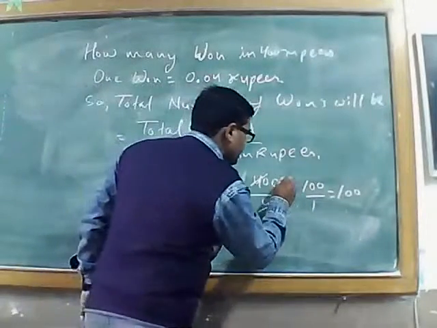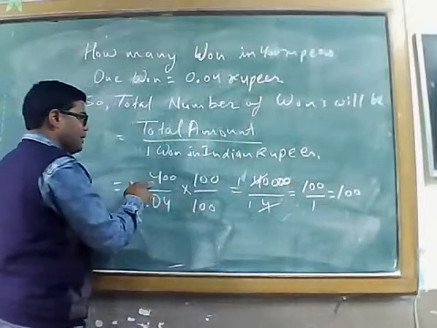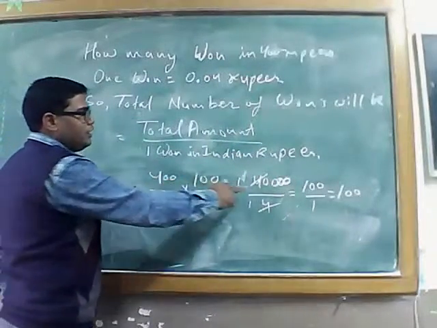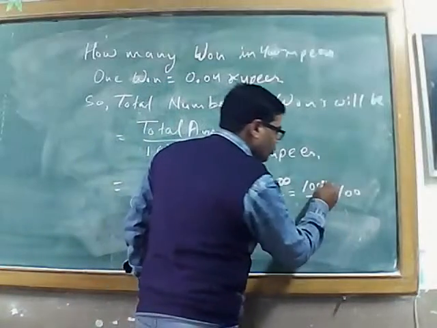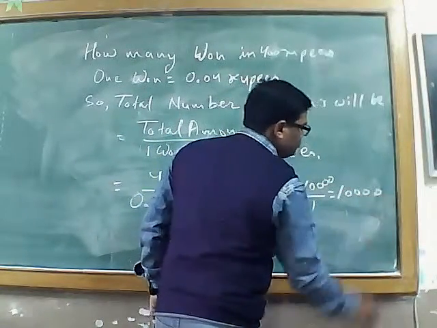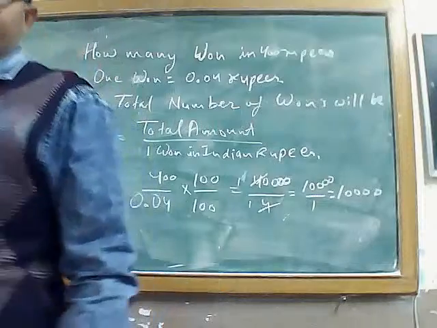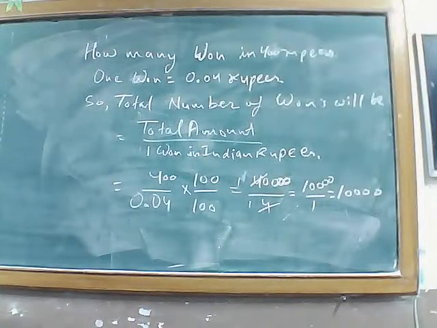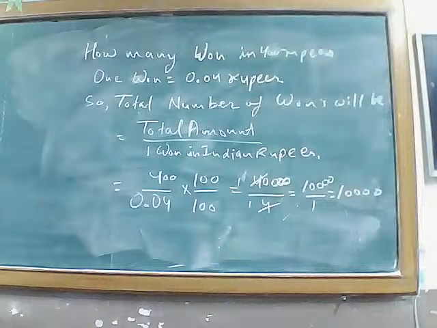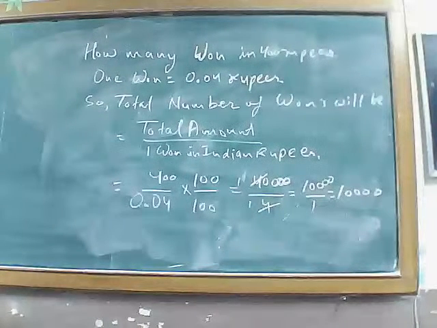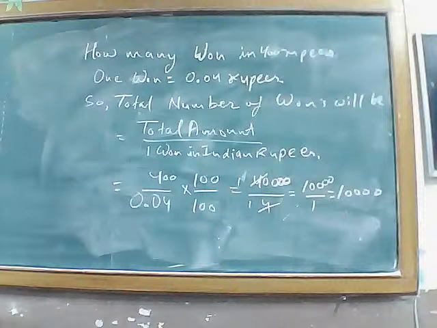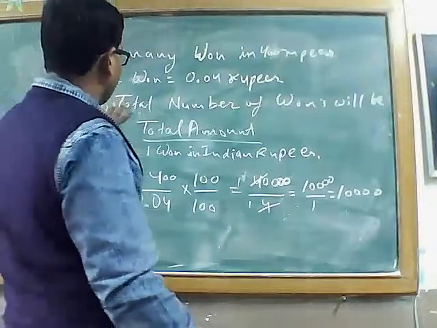ओके, 2 जीरोस हमने यहां पे बढ़ा दी। क्यों बढ़ा दी, क्योंकि ऑलरेडी पहले 4 था, इसको 400 किया तो 2 जीरो बढ़ी, डेफिनेटली आंसर में भी 2 जीरो बढ़ जाएंगे यहां पर, और यहां पर भी 2 जीरो बढ़ जाएगी, और यहां पर भी 2 जीरो हमारी बढ़ जाएगी। यानी कि अगर उसके पास 400 रुपीज होते तो उसे 10,000 बॉन्ड्स मिलते। आप देख लीजिए बाकी सॉल्यूशन में बच्चों कहीं पर कोई भी चेंज नहीं है।